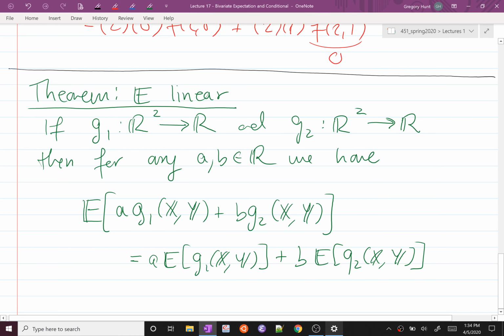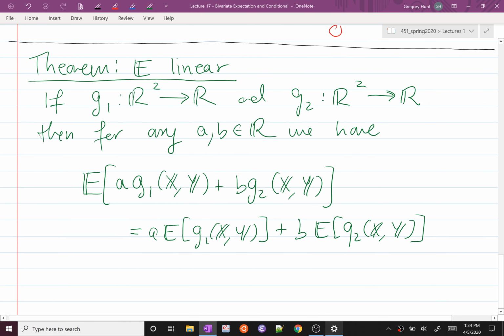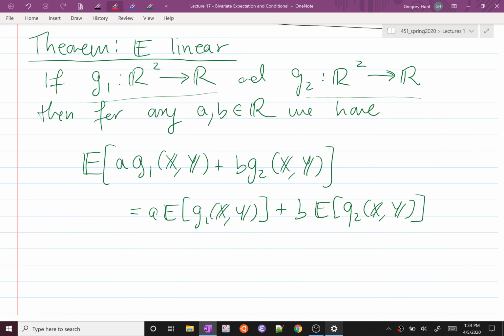So this is kind of an overarching theorem. There are some simpler cases, say if g1 and g2 were the constant function. This covers cases like a g1 of x, y plus some constant, right? So the whole thing could be a constant, but this is the overarching case, and for particular choices of g1 and g2, it simplifies to some other facts that we know. But that's the overarching theorem, and the proof of this linearity fact,